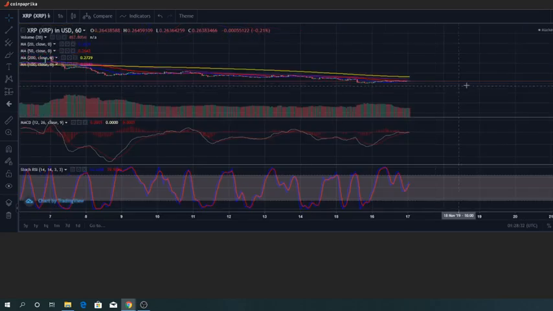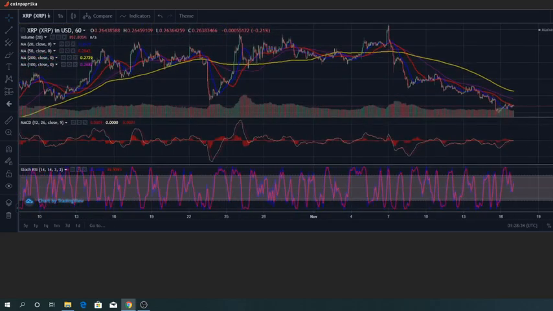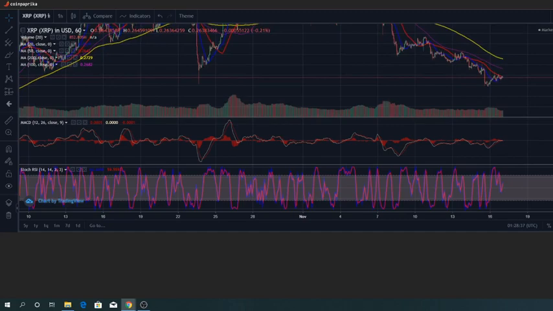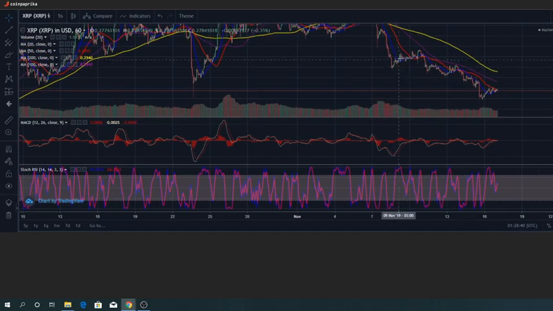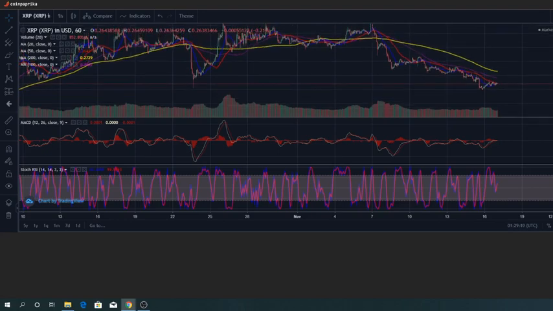Now moving into the 1-hour chart, we get a trend like this. We can see that the price is continuously moving downward. It reached here, consolidated, went back into the moving average zone or the trading range, came back down below the average, and then again and again. So now we are within the moving averages. What if we come back down? What if we go up high? To compare, when we were within the trading range, the MACD was trying to cross towards the downside. The same is happening here. So that's a bit of caution for XRP.